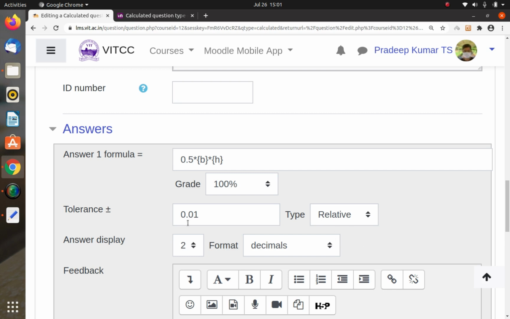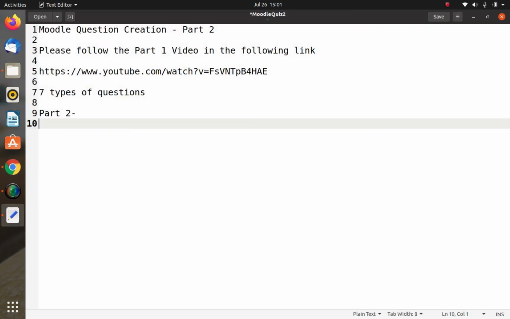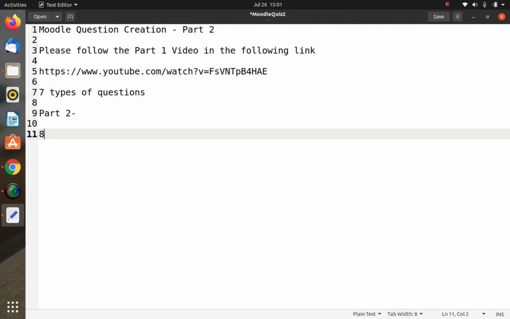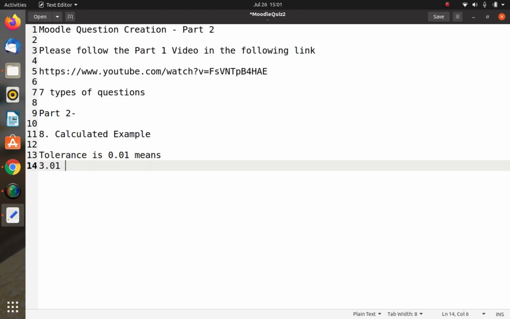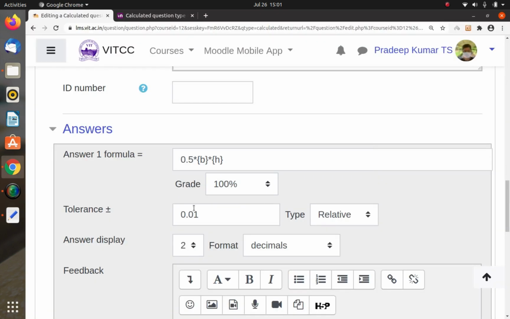For example, if 3.01 is the answer, then 3.00 and 3.02 are both correct answers. That's the tolerance level. The type of tolerance is relative, and accordingly you can adjust the tolerance level. In this case the tolerance is 0.01 by default.